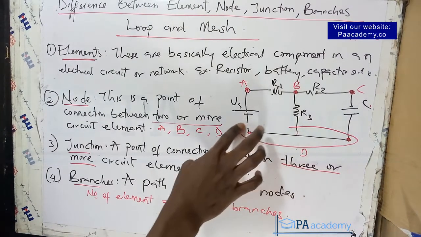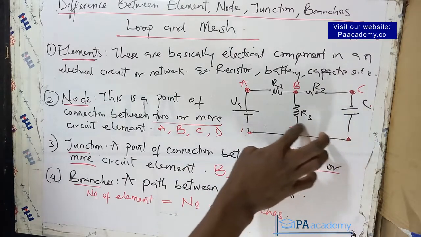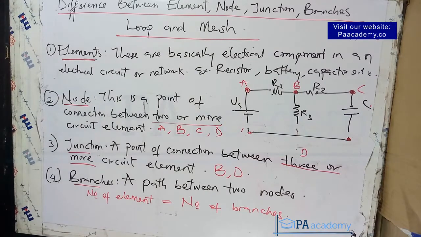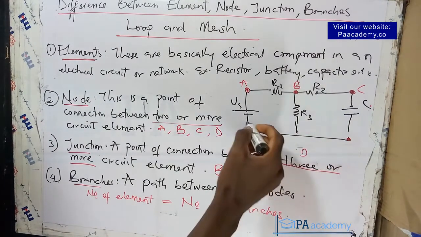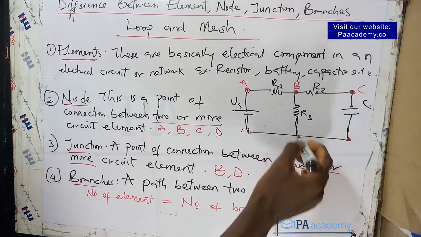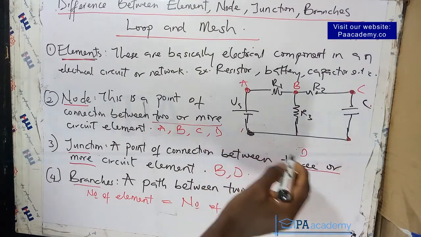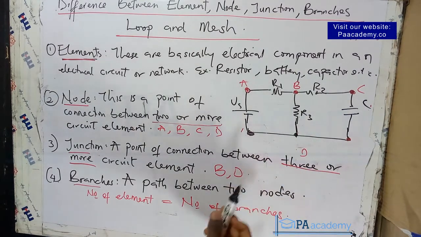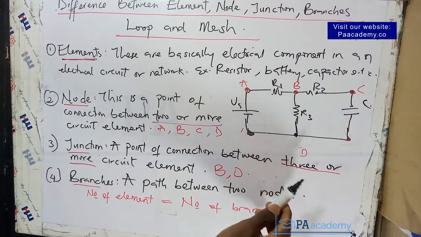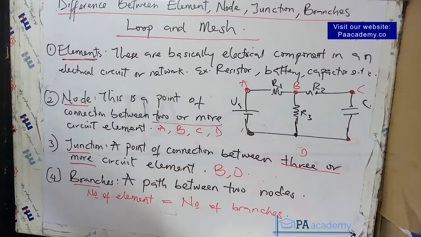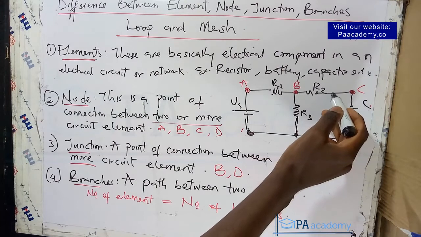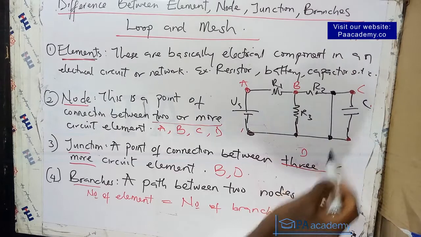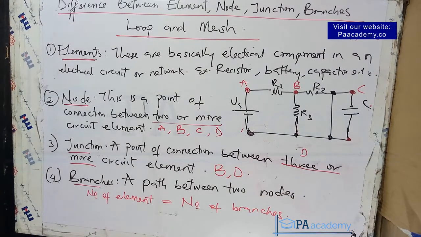Now it's also important to note that, so let me clean this off first and explain something. If you have a circuit like this, we cannot call from here to here a branch because there is no element in between them. So once there is no element between them, we cannot refer to it as a branch. Maybe, for example, you have a short circuit somewhere here. We cannot call this point to this point a branch. I hope that makes sense.